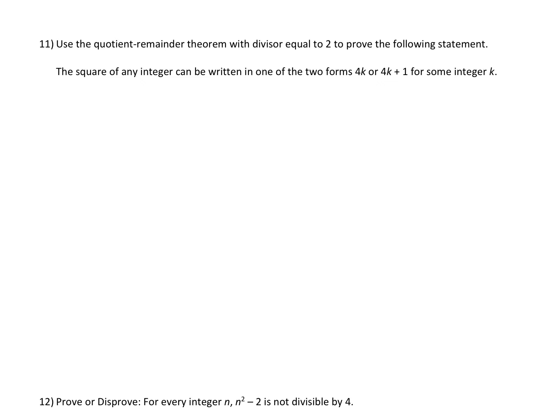Okay, number 11. Use the quotient remainder theorem with a divisor of 2 to prove the following statement. The square of any integer can be written in one of two forms, 4 times an integer or 4 times an integer plus 1. So if you square any integer, it's either a multiple of 4 or 1 bigger than a multiple of 4. So this beginning part, use the quotient remainder theorem with a divisor of 2, that's saying